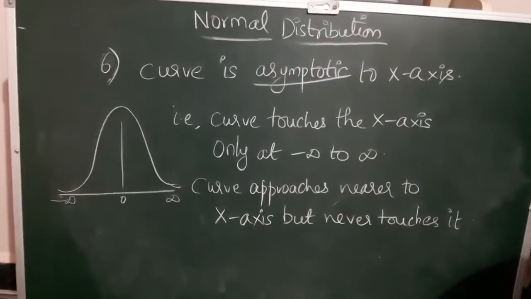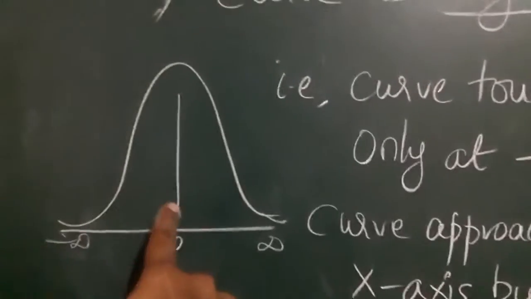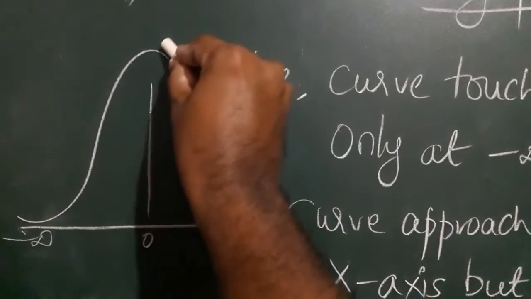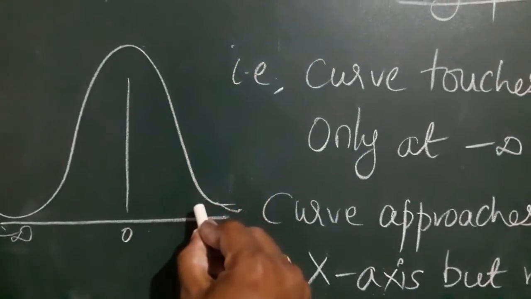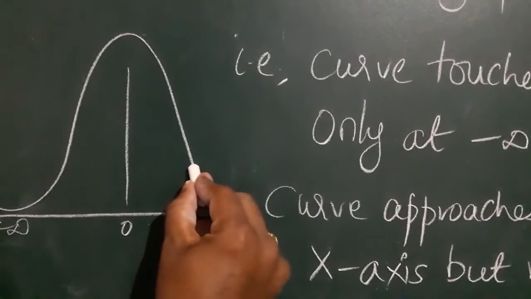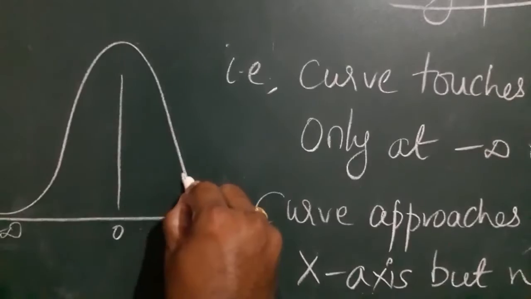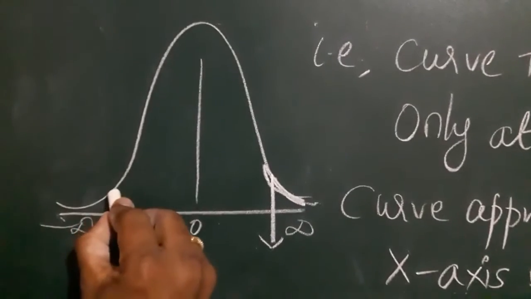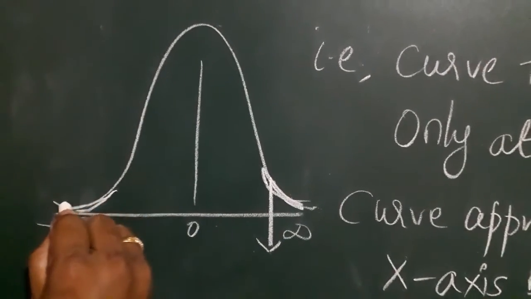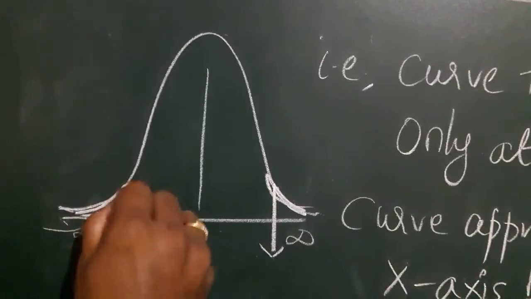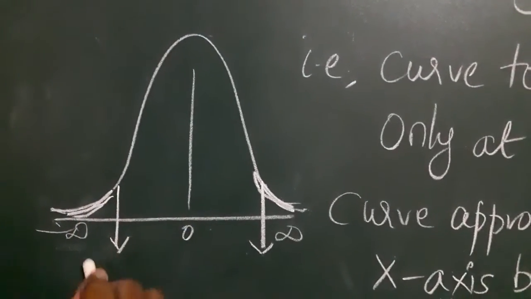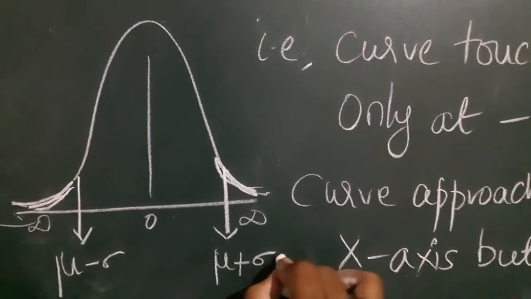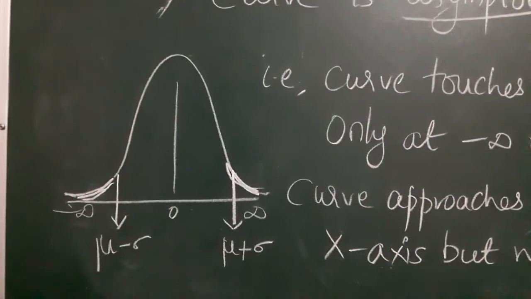If you observe the curve, look here. So the curve is drawn like this. Once it reaches a peak point, it again has a declining nature. See where the curvature takes place? Here, in this area, at this point and here the curvature took place, and this point. So we call it mu minus sigma, and here mu plus sigma, right?